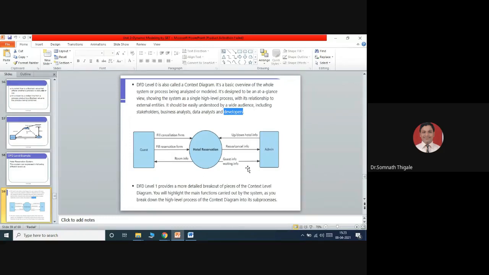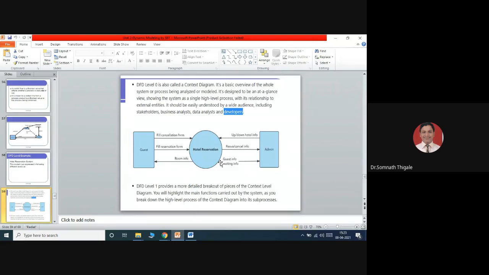This is my simple view, showing the simplest part, so I am calling it level 0. This is a common generic view, sometimes referred to as a context diagram. It is a basic overview of the whole system or process being analyzed or modeled. It is designed to be an at-a-glance view so that common people can understand what the hotel reservation system is. It allows admins to make arrangements depending on the number of rooms available.